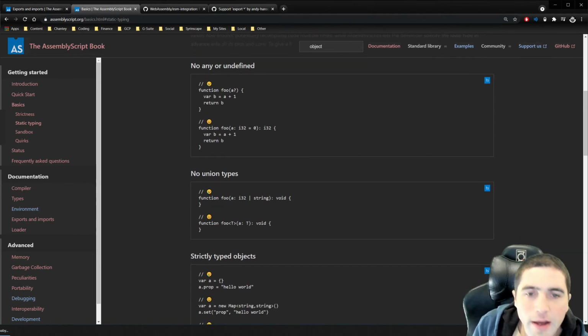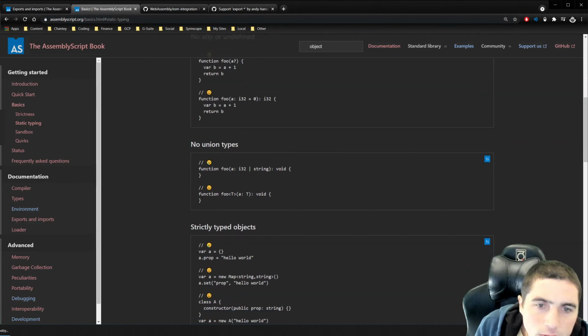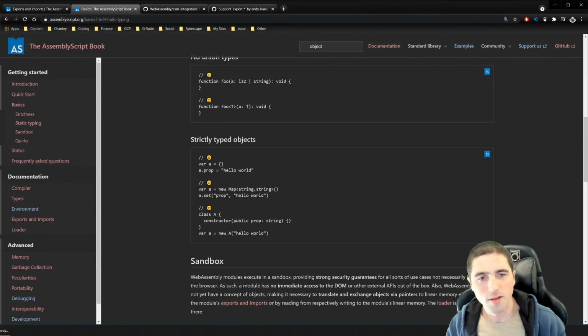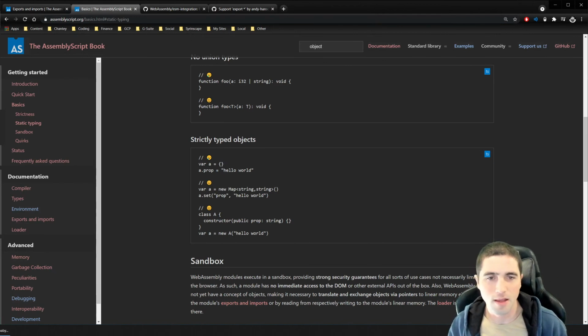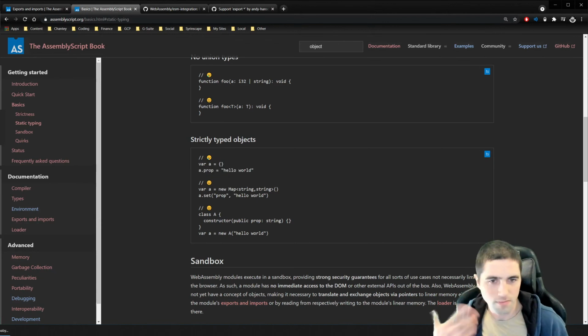No union types, sure. Okay, but you can use generics. Strictly typed objects. But this to me seems like it's adding to the objects after the fact, whereas what I want to do is just create an object. And like it can be static or whatever, but